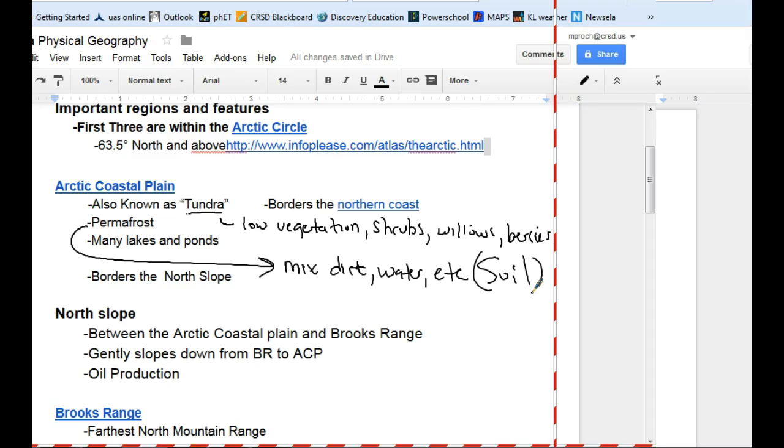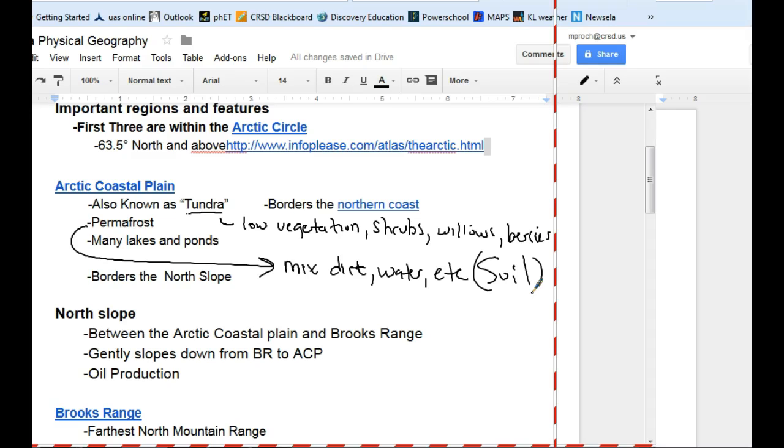And it tends to be very wet because you see many lakes and ponds. If you've ever gotten in a plane, in a place like Nome or Kotzebue, and flown in over a place like that, you just look down, it's nothing but water. It's either rivers, ponds, lakes. Now there are some areas that don't have water, but most of it does. That's because the water can't absorb in due to permafrost. We have some permafrost here, it's just in patches. Up there it's one solid sheet of permafrost because it never gets a chance to melt.